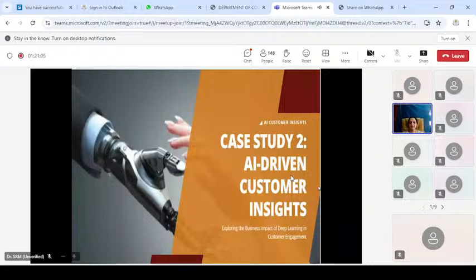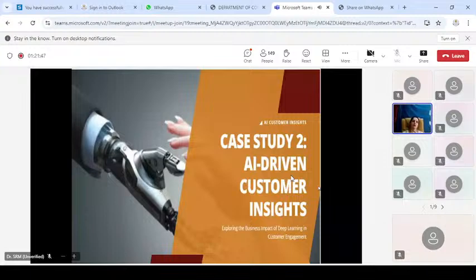Now let us also understand more about DL by discussing one more case study. Okay, AI driven customer insights. In the realm of present business situation, understanding and engaging with customers effectively is crucial for the success of any business. Now let us first understand what the customer engagement challenges are. Customer engagement means, in simple words, interacting with the customers in meaningful ways, mainly to promote loyalty and trustworthiness plus to drive the sales.